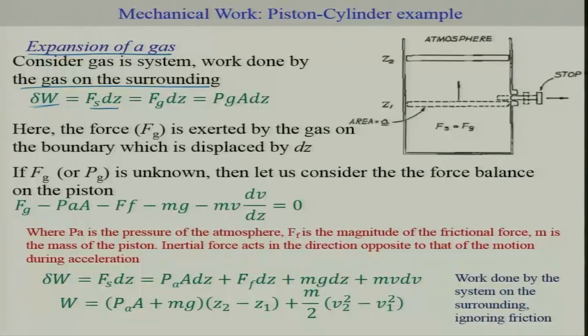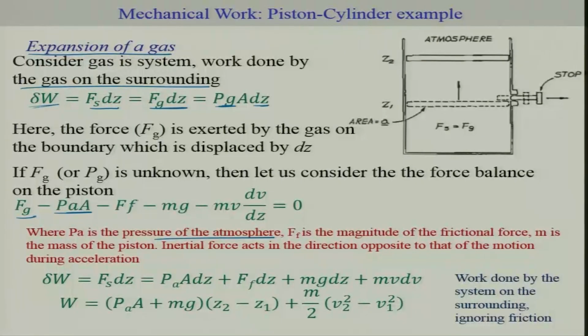that is equal to Fs, the force which is exerted by the gas on the boundary which is displaced. You can write this as Pg, the pressure on the boundary that is displaced, multiplied by the area, multiplied by dz. If Fg or Pg at the boundary is unknown, then we can do a simple force balance on the piston. This will be your Fg at the piston minus Pa, which stands for the pressure of the atmosphere, times the area, minus F